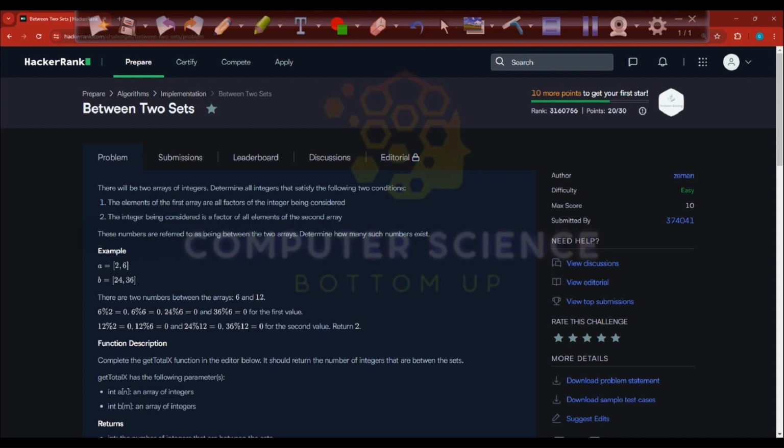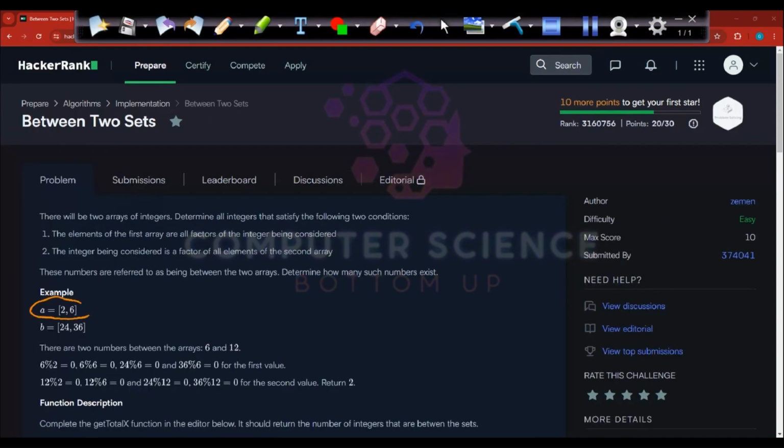For example, this is your first array A. A is 2 and 6. This is your first array, 2 and 6, and the second array is 24 and 36. Now the elements of the first array are all factors of the integer being considered. Okay, so let us consider an integer which is 12. If I consider 12, then 2 and 6 both are a factor of 12, and